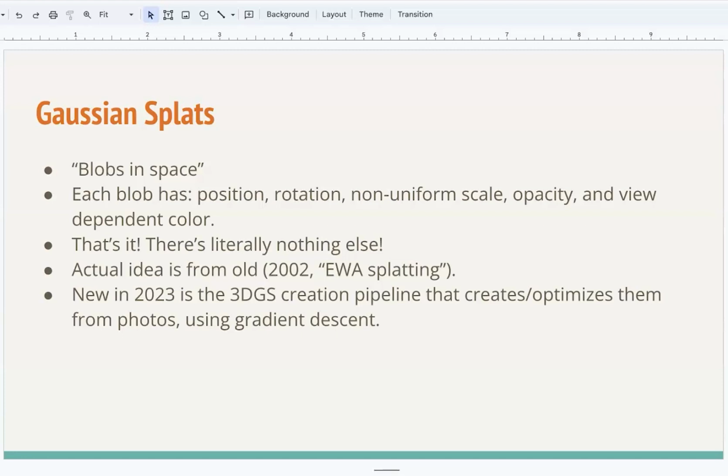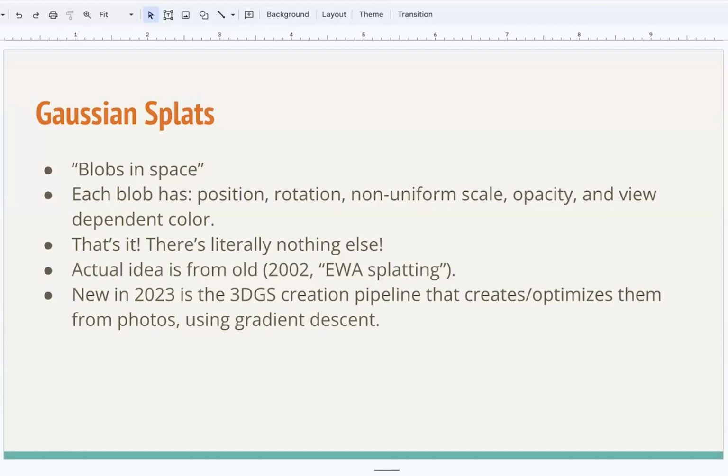And these days, due to all the advancements in machine learning, there are pretty good optimization routines using differentiable rendering and gradient descent optimization to be able to semi-efficiently place millions of these blobs in space. So altogether, they approximate the input photos as best as they can. And that is Gaussian Splats. Like, that's it.